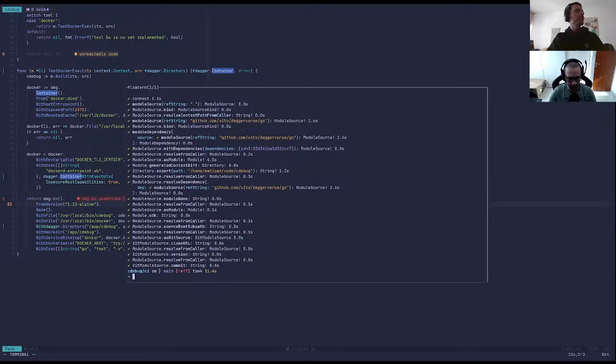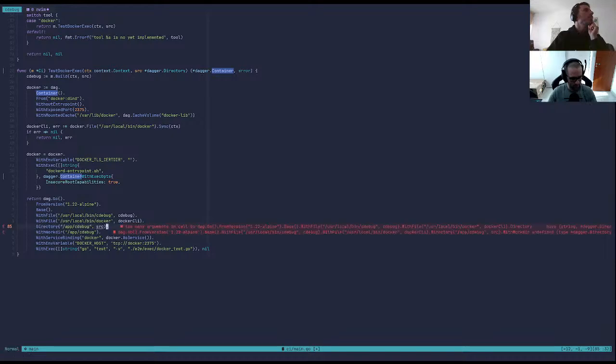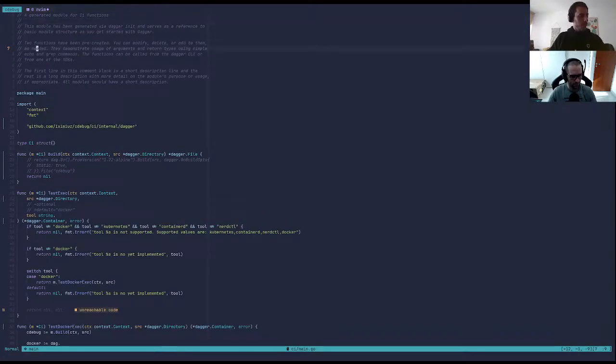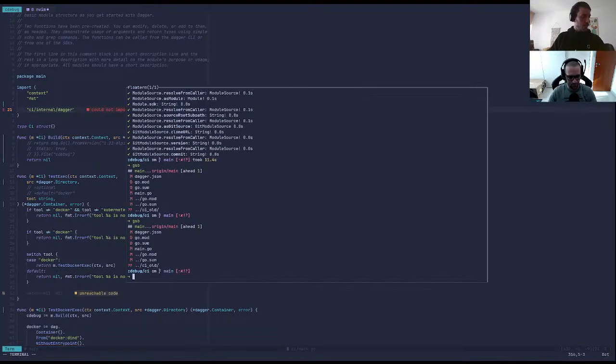Okay, so let's just see. It installed just fine. I'm going to do an LSP restart and see if it picks it up. If I go to go, this actually shouldn't be there. Okay. Source, and then this is expecting Dagger, and then this should actually be the internal one. So I want CI internal Dagger. Problem is,